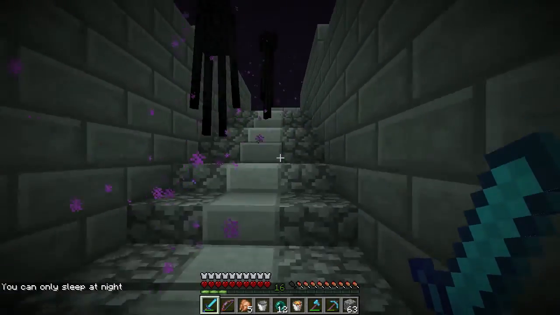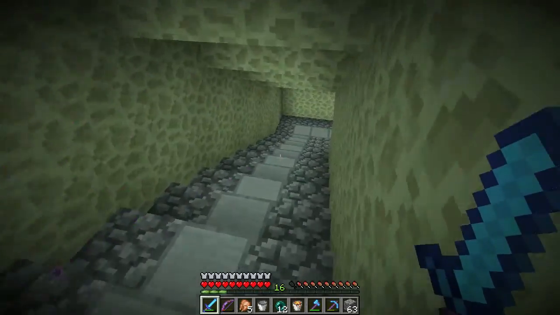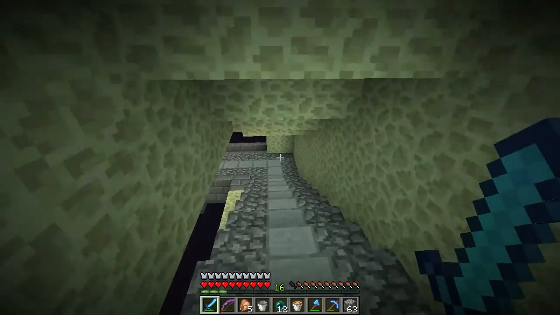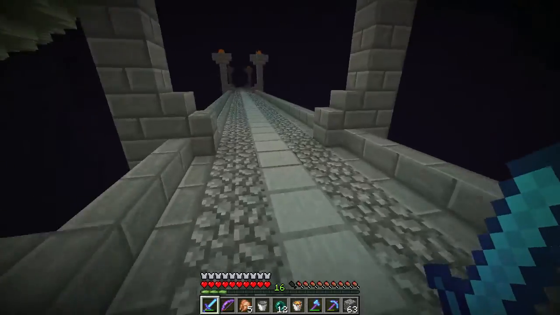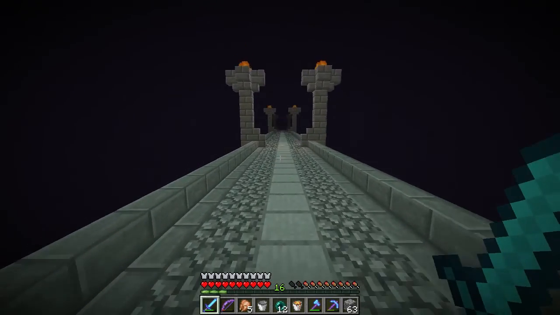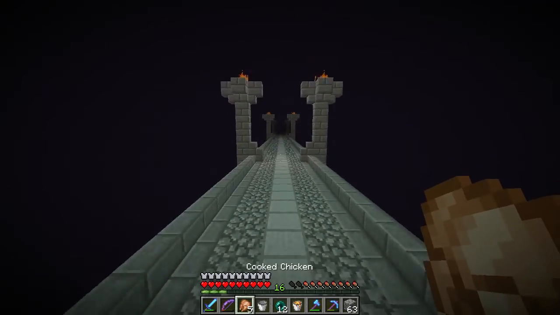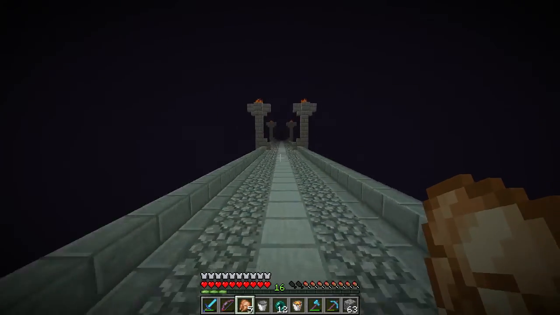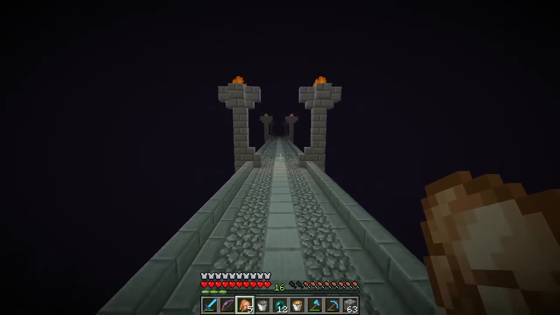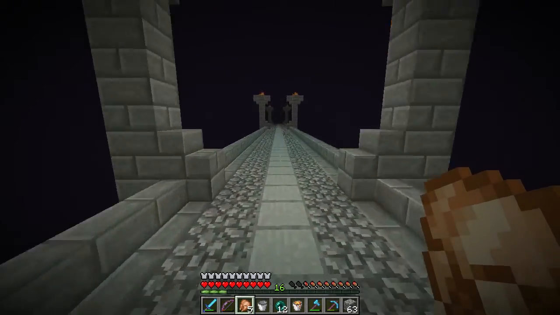And then, oop, I don't want to look at these guys. Oh, did I anger him? Nope. So this is the end base. This path leads out to the Enderman XP farm, which I guess Etho was the first person